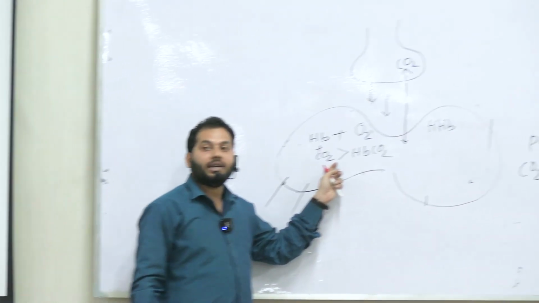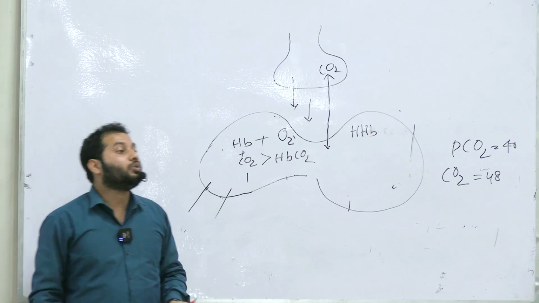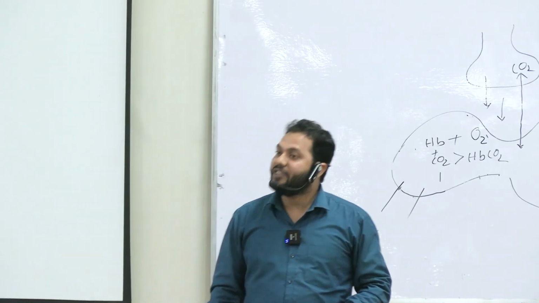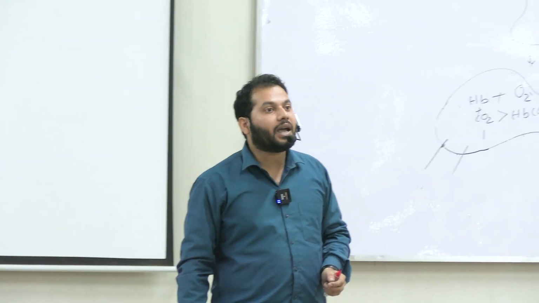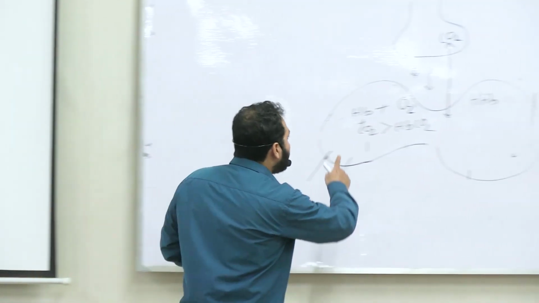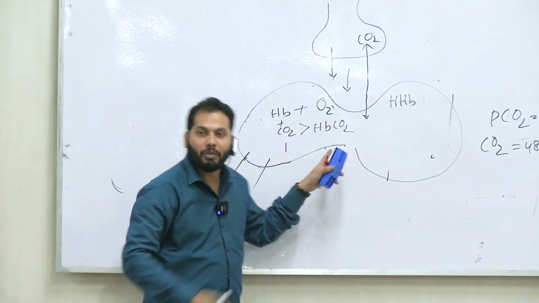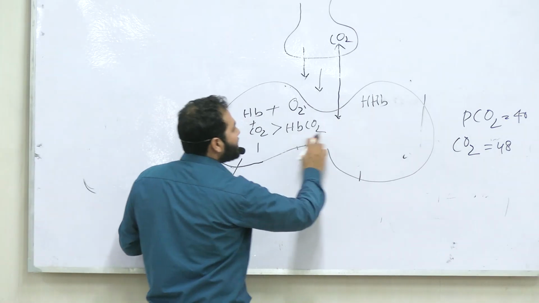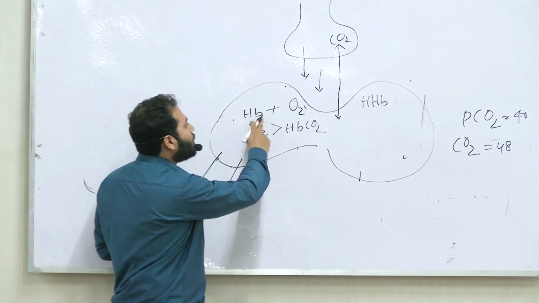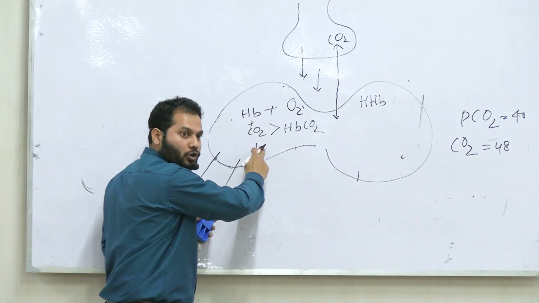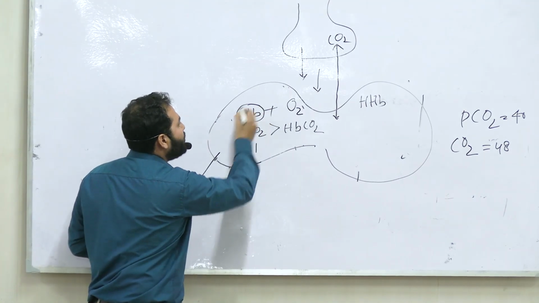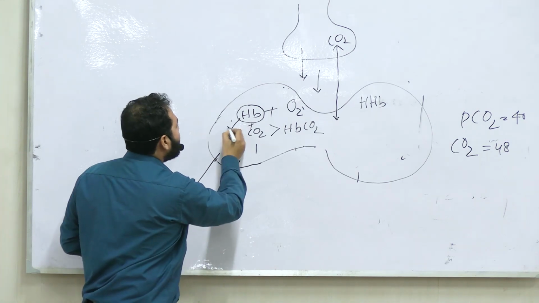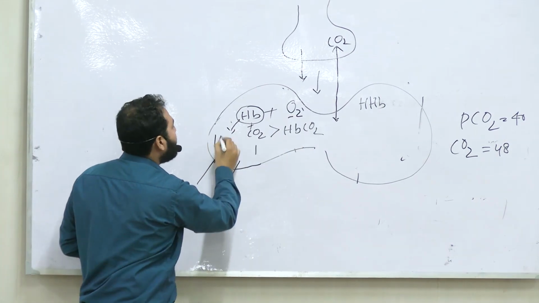But here in the pulmonary capillary, due to the higher affinity between oxygen and hemoglobin, it replaces the carbon dioxide from hemoglobin, right? Means here this HbCO2 breaks down into Hb plus CO2. Now along with this Hb, oxygen binds and it forms